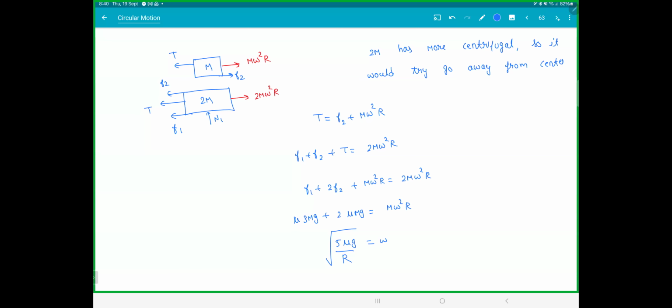So with that, we are done with this part. Next class when we catch up, we'll continue to do more problems. We'll do a few more varieties here, and then we'll do something called banking of roads. So that will wrap up for the day. We will see the paper cut outs and